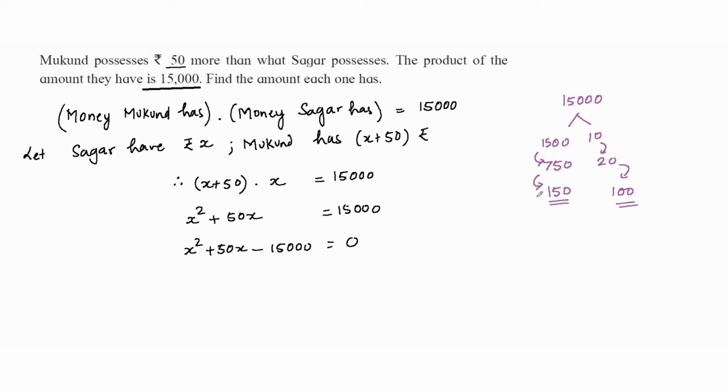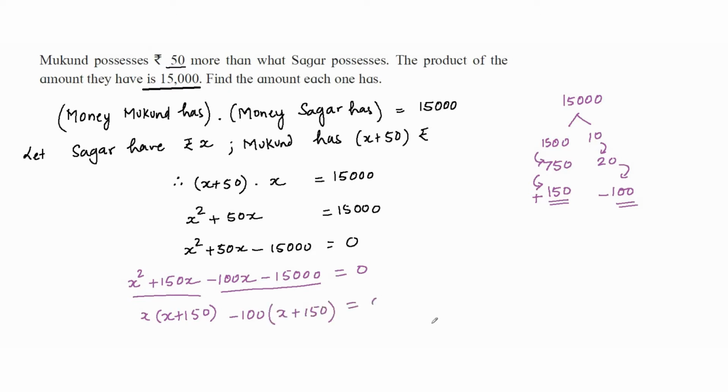The sum is positive, which means that the greater number is positive and the smaller number is negative. So we get X square plus 150X minus 100X minus 15,000 is equal to 0. In these two terms, X is common, so X into X plus 150. In these two terms, minus 100 is common, so minus 100 into bracket X plus 150 is equal to 0. This implies X plus 150 multiplied by X minus 100 is equal to 0,